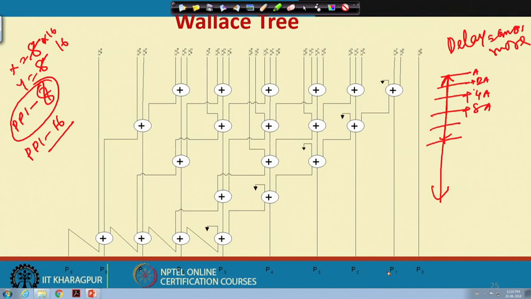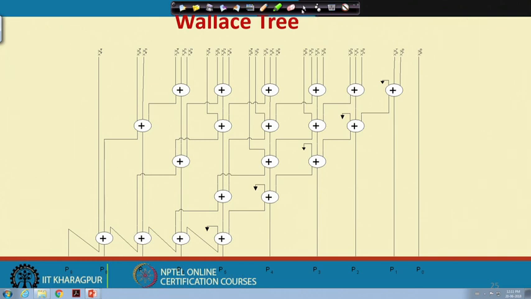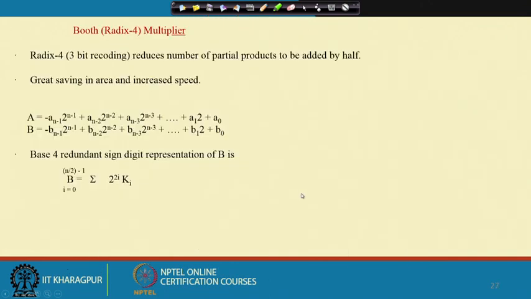So, people have thought, why can't we reduce the number of partial products? If I can reduce this depth, then I can reduce the delay. So, how can I reduce this particular depth so that I can get the benefit or reduce the delay? That is why people have done this Booth's multiplication. Okay. So, this says that there is a recoding technique, that means the multiplicand that has been recoded.